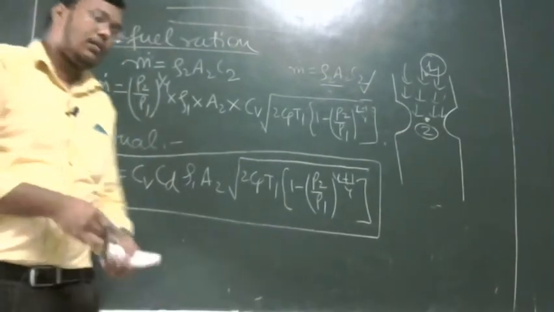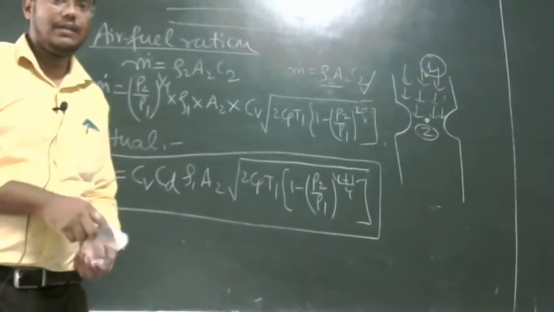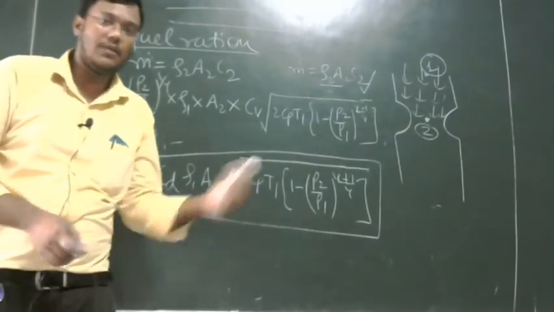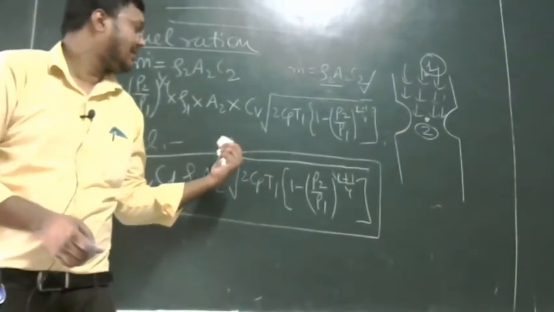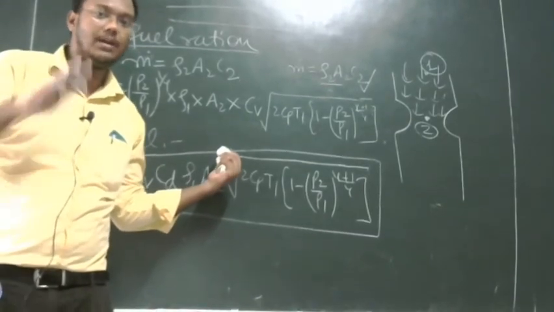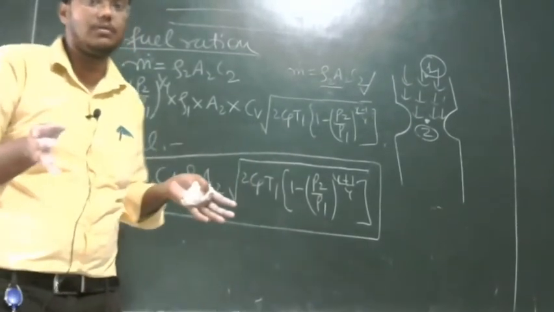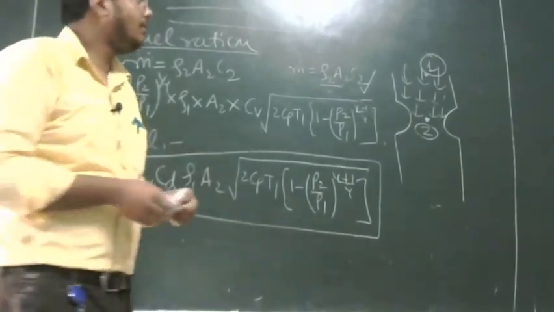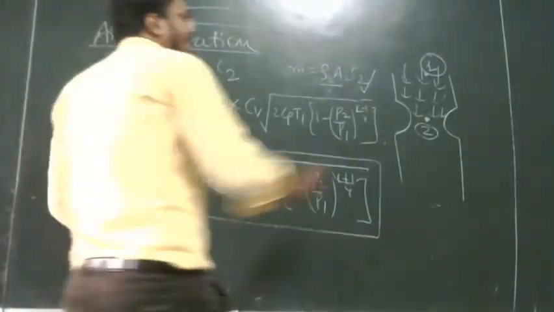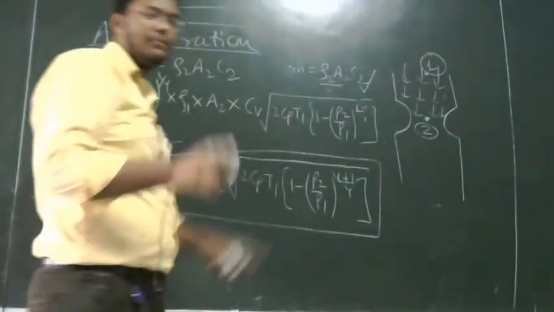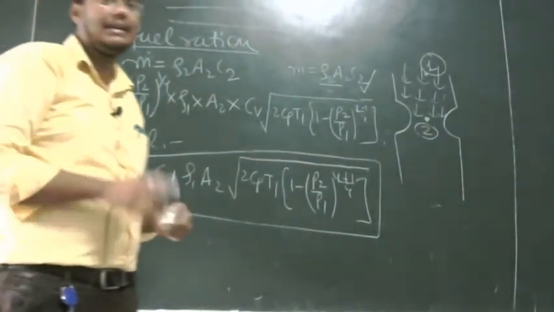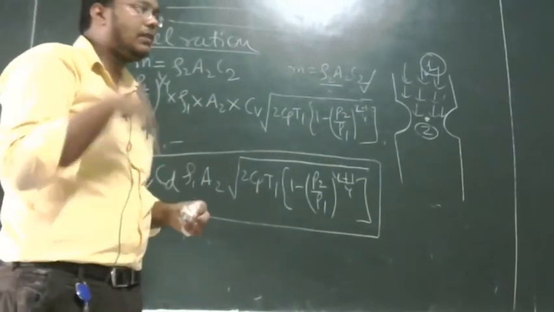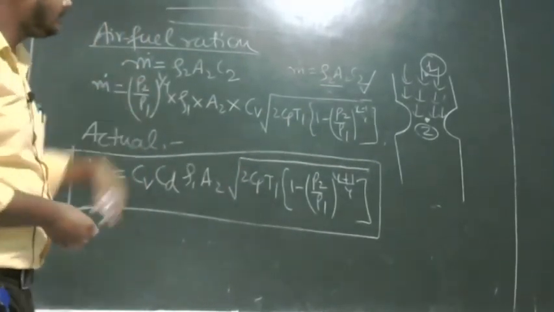Now in the next class we will find the mass flow rate of air for incompressible flow. This is for compressible flow, and again in the next class we will calculate the mass flow rate of air for incompressible flow. In incompressible flow, when air is not compressed, then density will become same. So we will not take different density at point 1 and point 2. We take the same density rho A at point 1 and also at point 2. So that we will calculate in the next class. This is all for today.